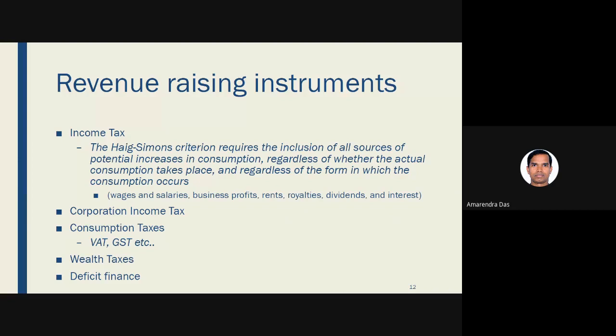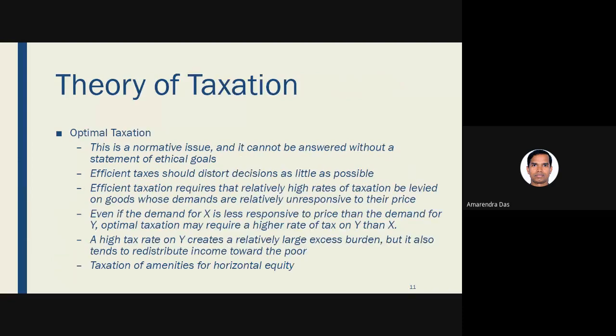It's not that only the salary that you get is income tax. Okay, since I was discussing this theory of optimal tax, I told you that in case of commodities or in case of indirect tax, the theory of optimal tax says that both X and Y should be taxed in such a way that the excess burden is minimized, and that the commodity that is less elastic should be taxed in larger quantity.